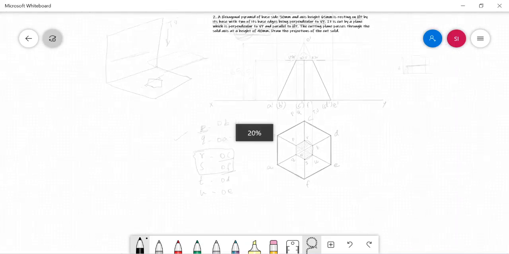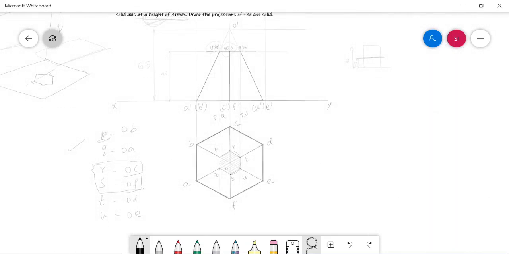Now the answer is over. So in this way you can draw the front view, the sectional top view, and the true shape. The front view and the sectional top view can be completed for this question. Practice the same with your proper tools in your answer sheet. Thank you.